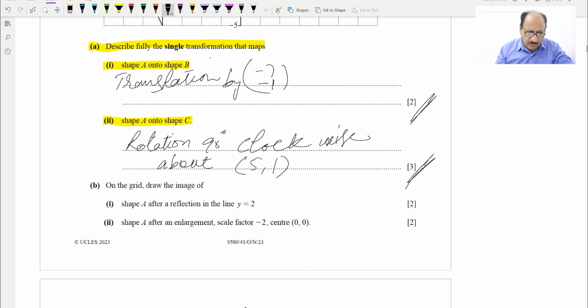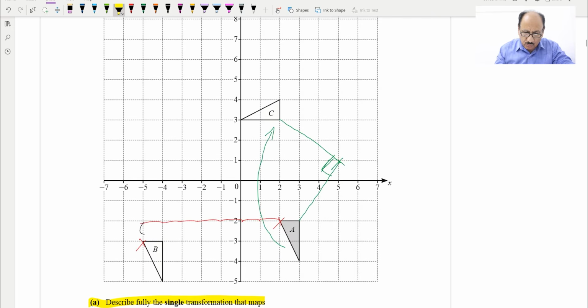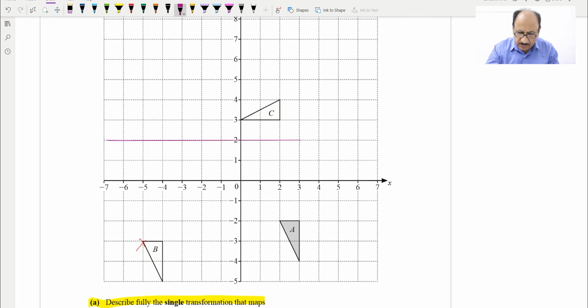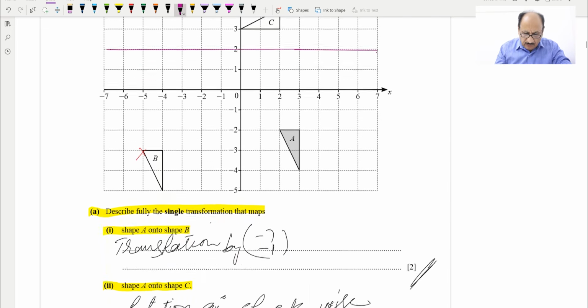Next part, they are saying on the grid draw the image of shape A after reflection in the line y is equal to 2. So the y is equal to 2 line is required, so we will be drawing the y is equal to 2 line, which we can show over here. This is the y is equal to 2 line, and then we have to show the reflection